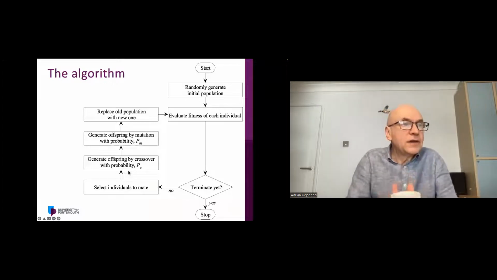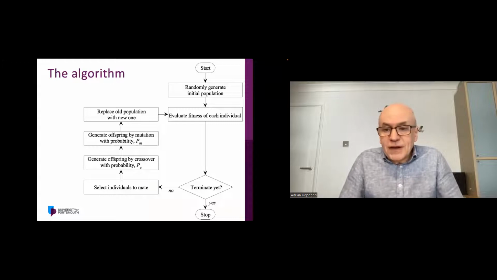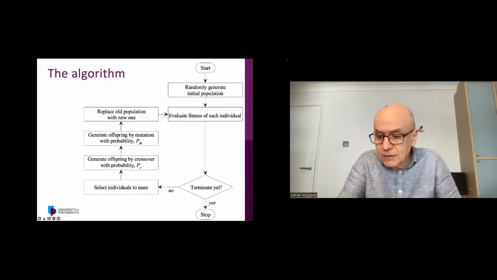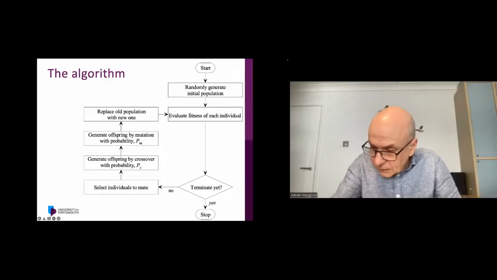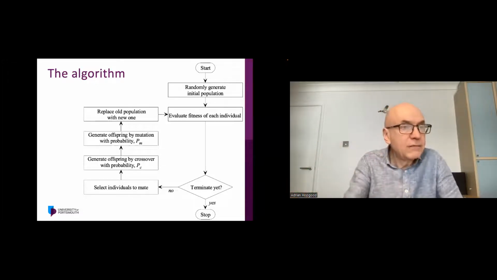Now, looking at the algorithm itself, the way it works is you start with a randomly generated initial population. It can be whatever size you want. The size of the population is one of very many variables at your control, but let's say typically about 50. You evaluate the fitness of each individual in the population. And then there may be a termination condition, whether you've got close to the target figure that you're looking for,